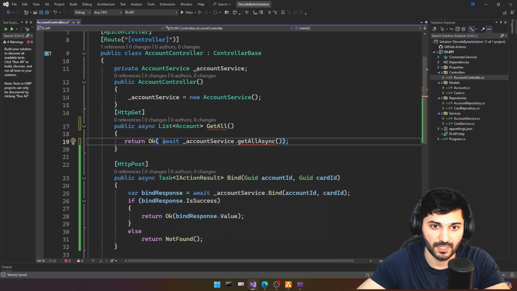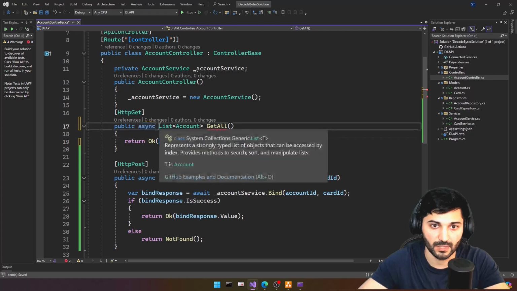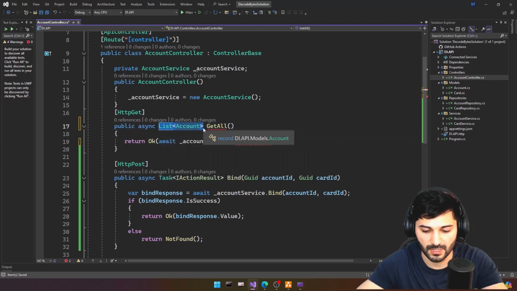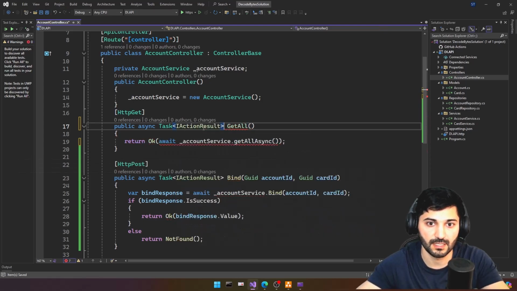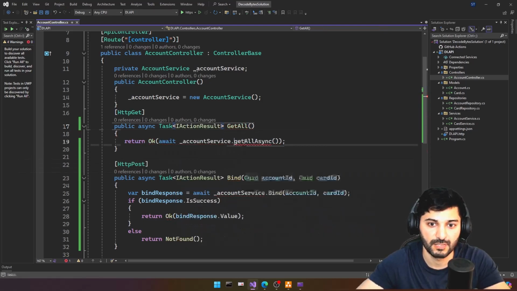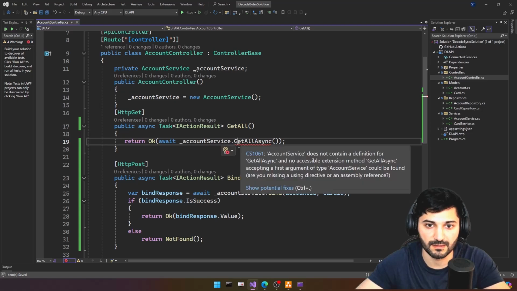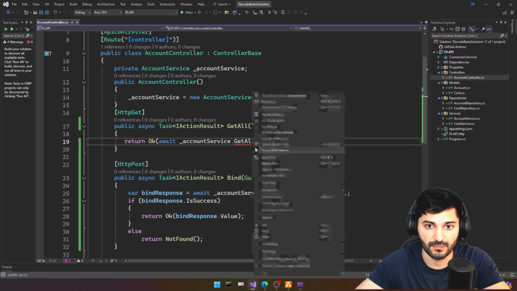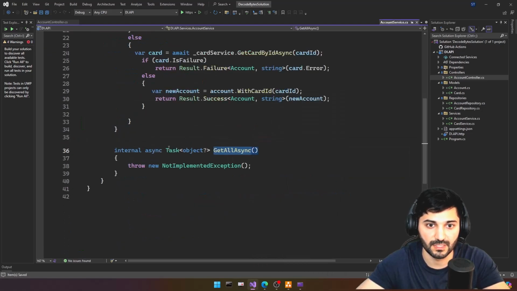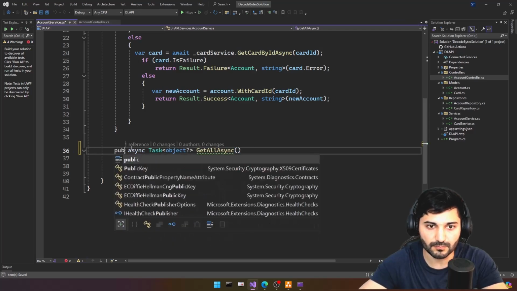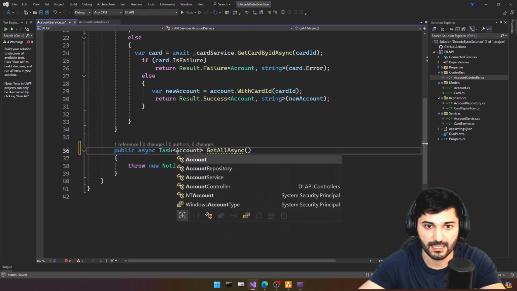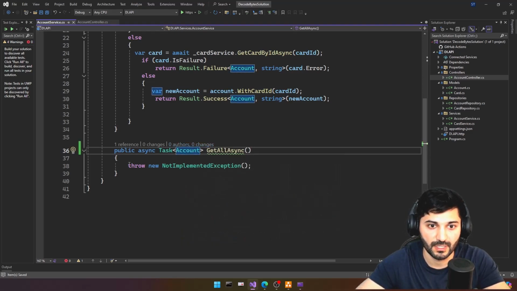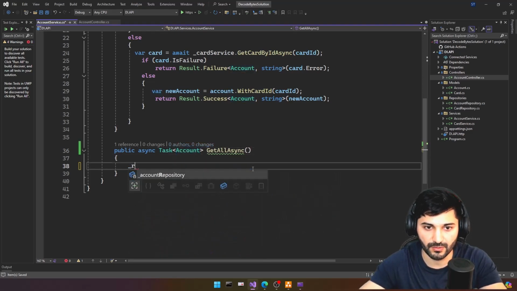Great. I guess for the return okay, we will just simply use task I action result. Great. Let's just implement this method. Generate this method. Go to definition. Public task account, and let's return